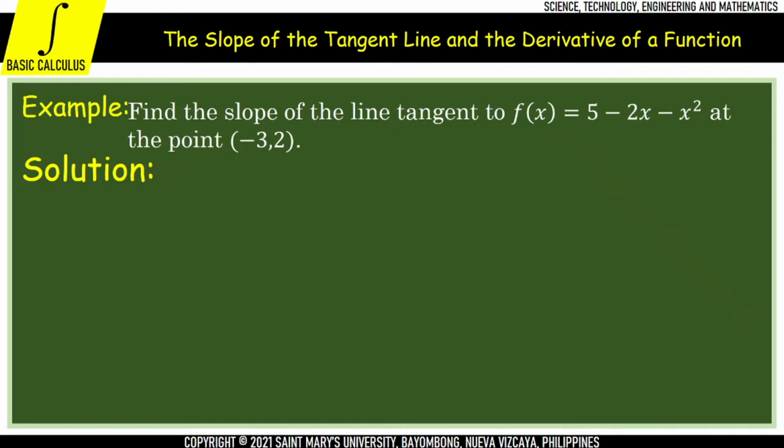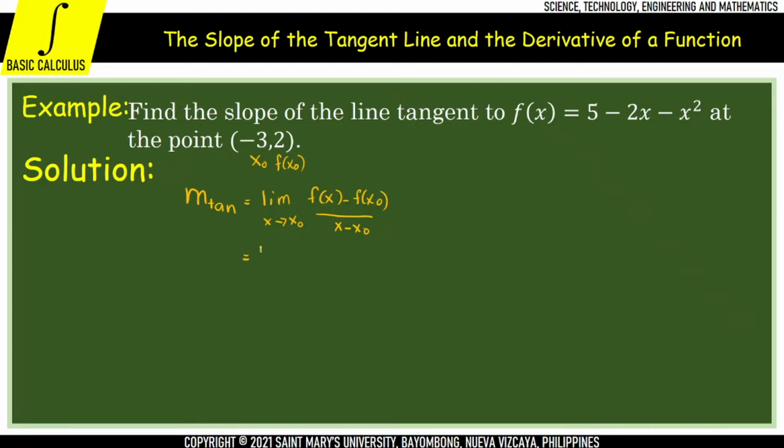Okay, therefore, the slope of the tangent line m sub tan is equal to the limit of f of x minus f of x sub 0 all over x minus x sub 0 as x approaches x sub 0. Okay, question. Saan natin kukunin yung mga values ng x sub 0 and f of x sub 0? That will be the same coordinates of the given point. For example, we have point P which is at negative 3, positive 2. Your x sub 0 will be negative 3 and f of x sub 0 will be positive 2,